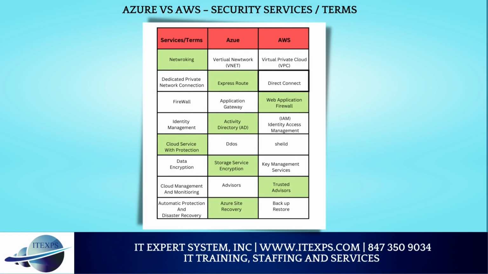Azure versus AWS security services and terms. Services: Networking. Azure Virtual Network, AWS Virtual Private Cloud. Services: Dedicated private network connection. Azure ExpressRoute, AWS Direct Connect. Services: Firewall. Azure Application Gateway,